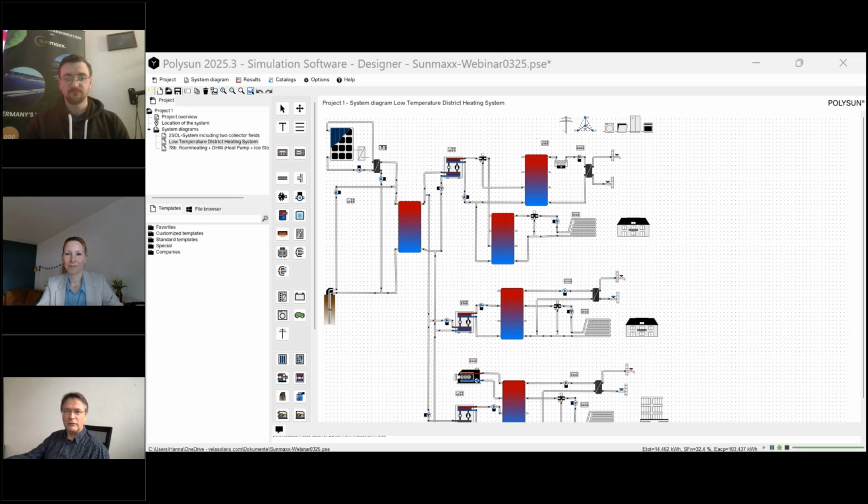Then another question concerning the system design. Can a PVT system also be optimized for an off-grid installation in combination with a larger thermal storage? I'm not sure who is supposed to answer this. Is it me? Yeah. Well, it would be okay.